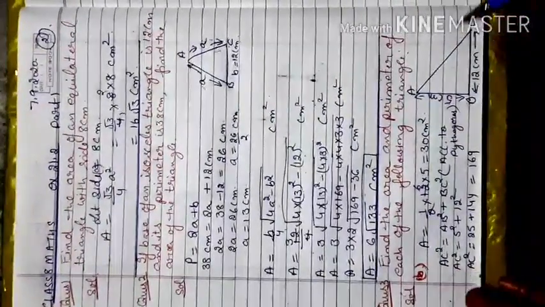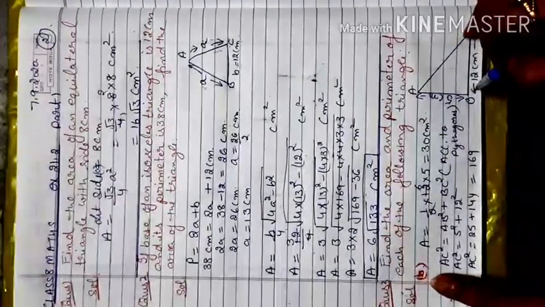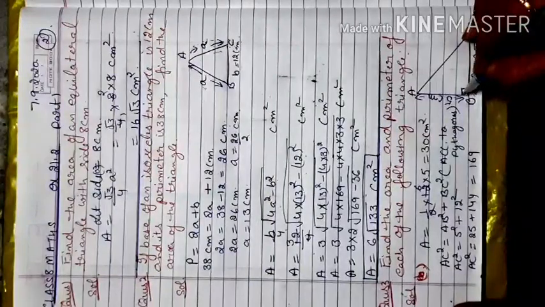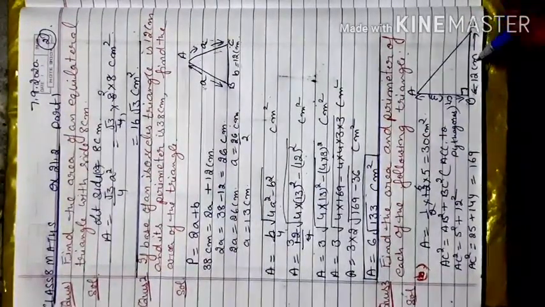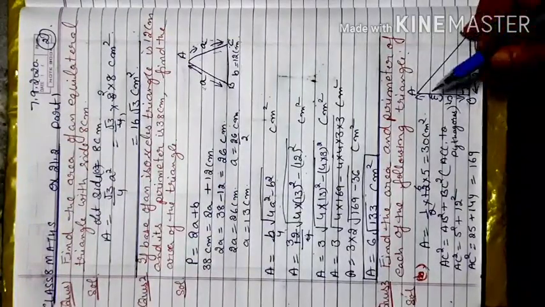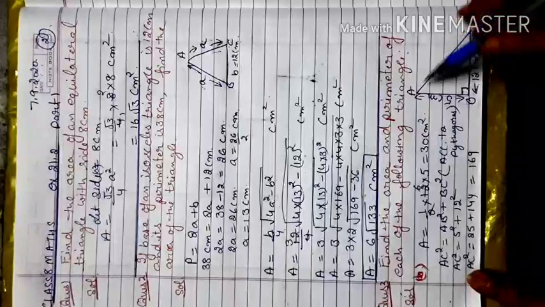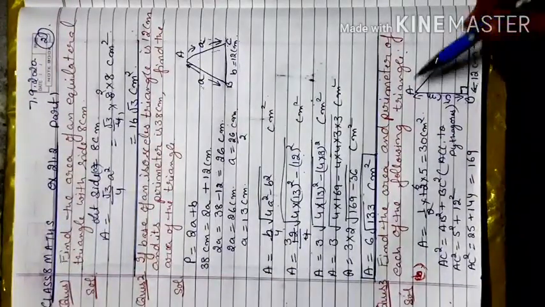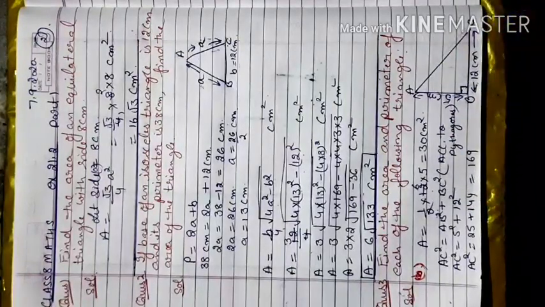First triangle is A. So I will start with the second triangle, this one. Here it is given a right angle triangle. Here base is 12 centimeter and perpendicular is 5 centimeter. First I have to find the perimeter, which needs AC. Because for area we have no need of the hypotenuse, I can directly do half into base into height, 12 into 5, that gives me 30 centimeter square.